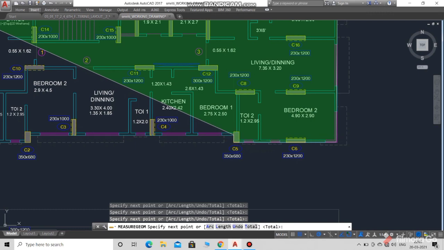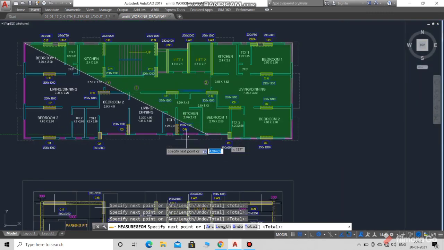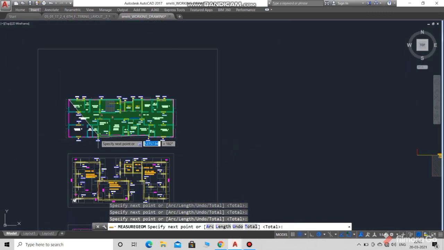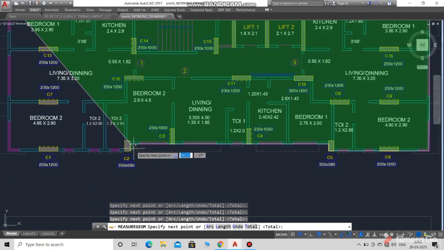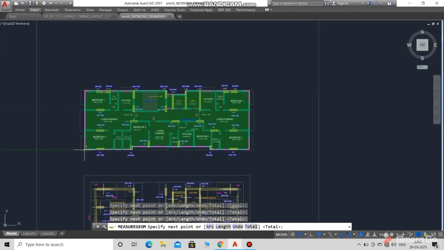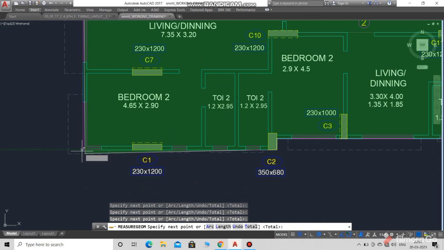So we have to select all points very carefully. You can see this green shaded area we are selecting with the measure geometry command. So this is a very basic and useful command.